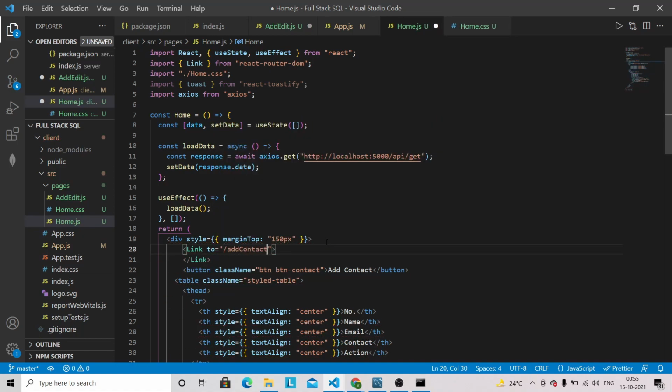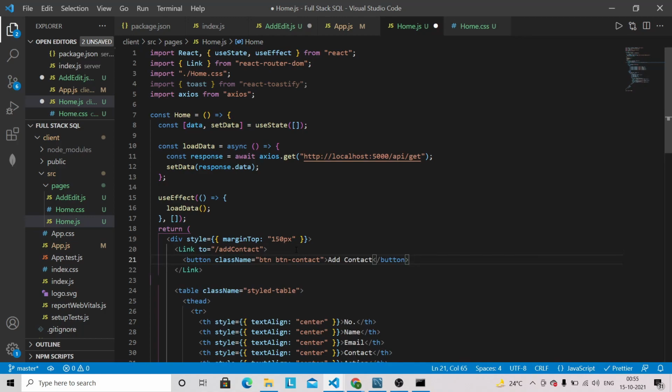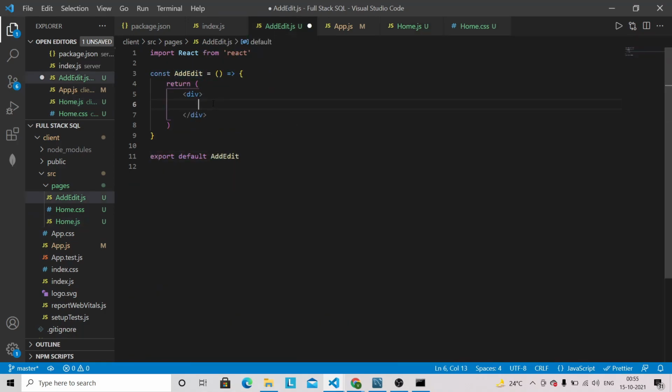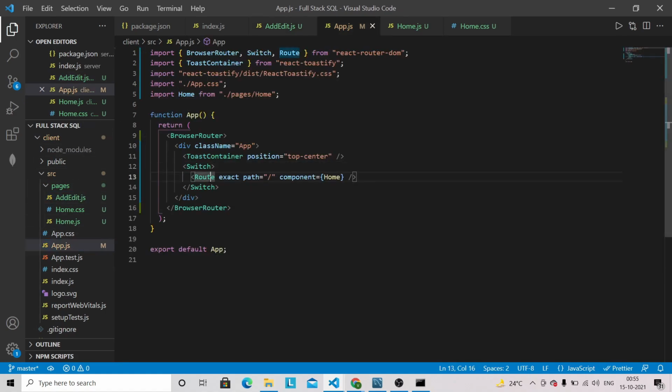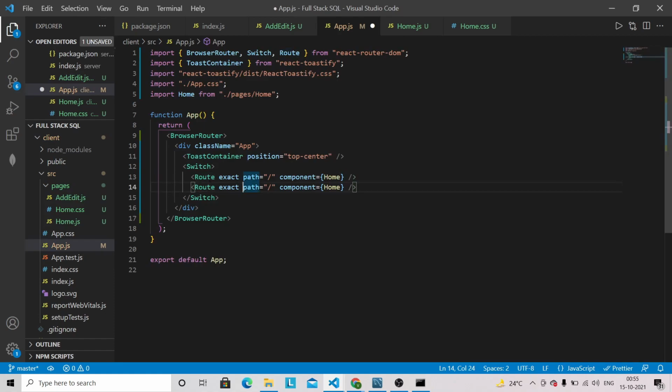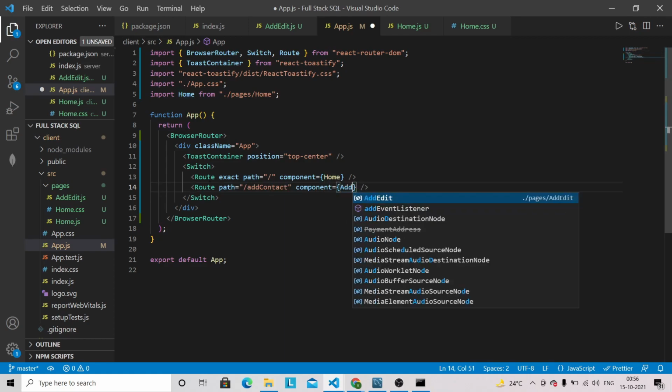Okay, and let's cut this one and paste it here, and let's give for now heading add edit, and let's register the route. So let's just copy this one, remove the exact and give the route like add contact and component add edit.